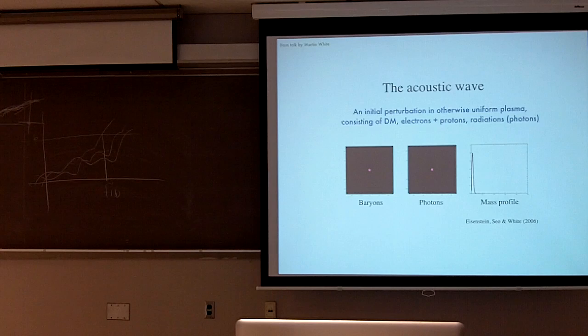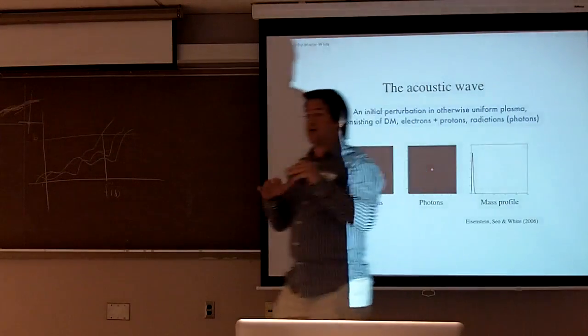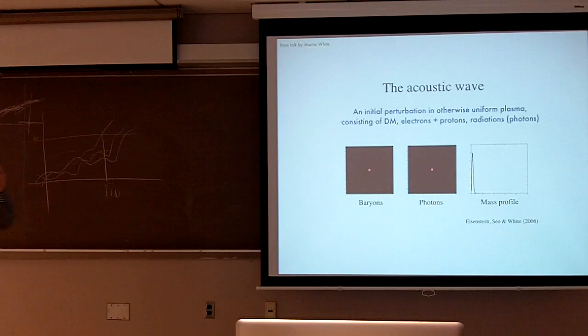So I mentioned a few times the baryonic acoustic feature, and right now I'll rewind your brain to the early universe and explain the physics behind this feature, so I can explain why it's such an exciting thing to measure. In the early universe, it was very much homogeneous and isotropic, very much uniform, but due to quantum fluctuations, you had these slight overdensities. Here, I think of a very ideal case in which the whole universe is uniform except for this one place at the origin. Just imagine that your universe consists of only dark matter, radiation, and baryons, again, collectively electrons and protons. And here I show how they propagate outwards in a spherical motion.